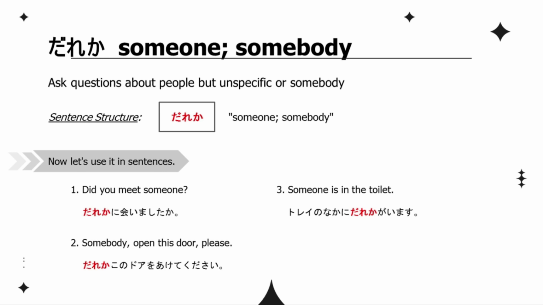Using this, you can ask questions about people, but about those who are unspecified or unknown. Try to create more sentences in your notebook. トイレの中に誰かがいます。誰かこのドアを開けてください。